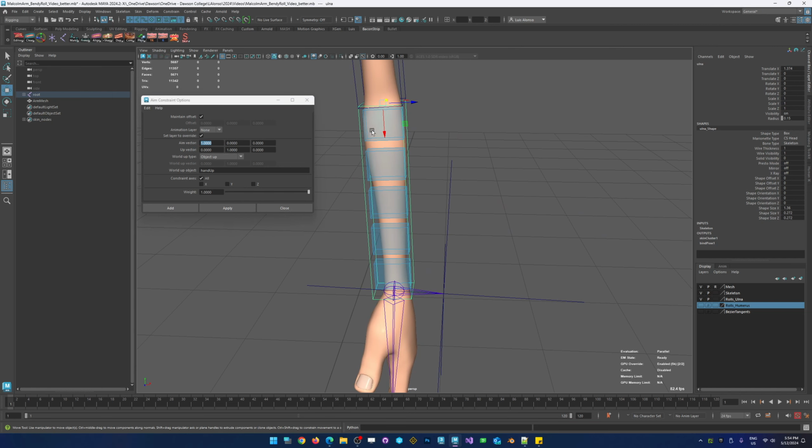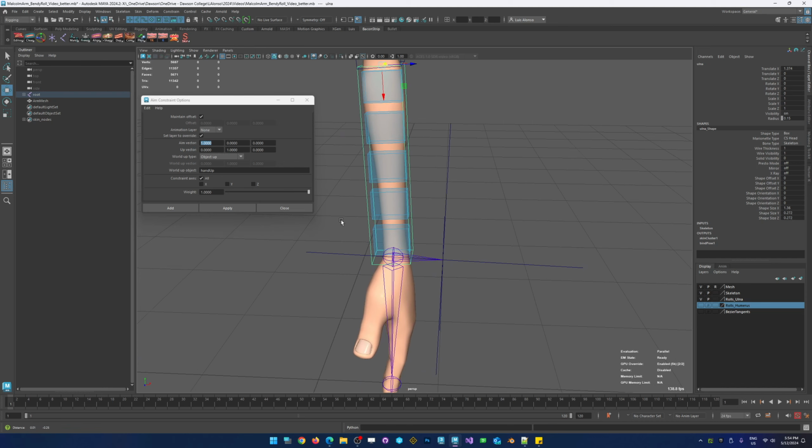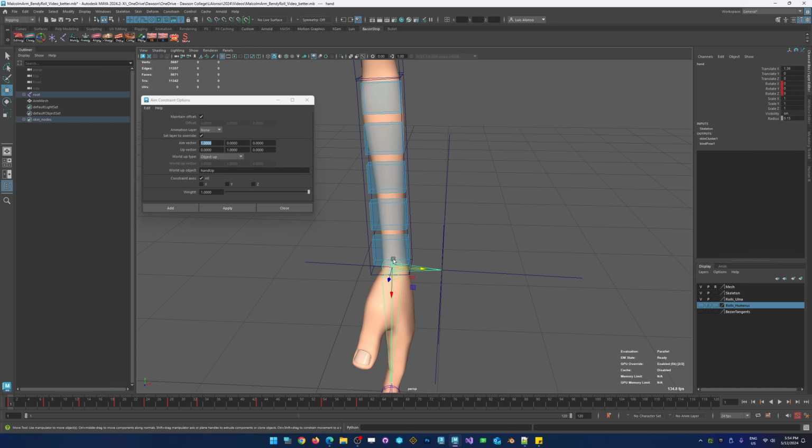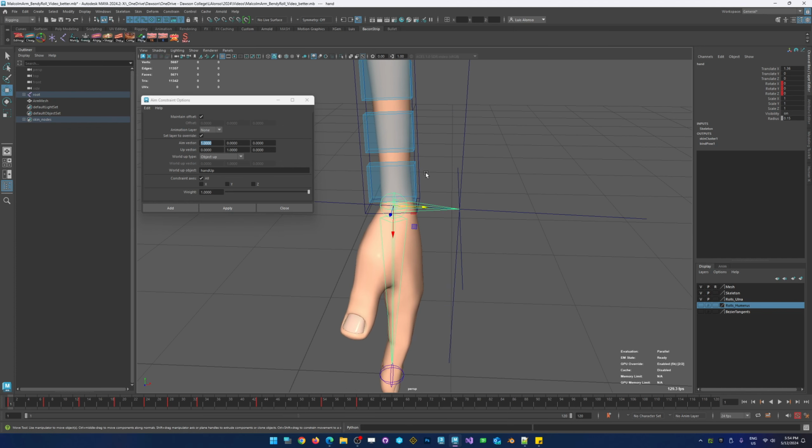I call it an ulna. You can call it a forearm if you want to. You call it whatever you want. And because I was very careful with how I set my hand, the hand is directly in front of this node, so it only has an x value, meaning it's directly in front, and that allows for this